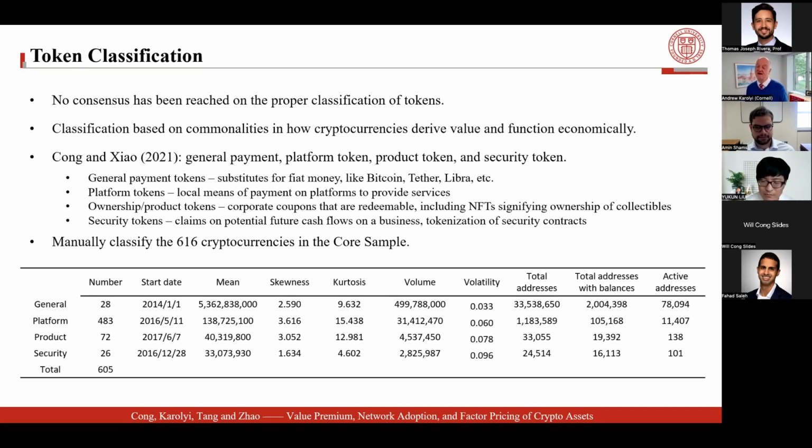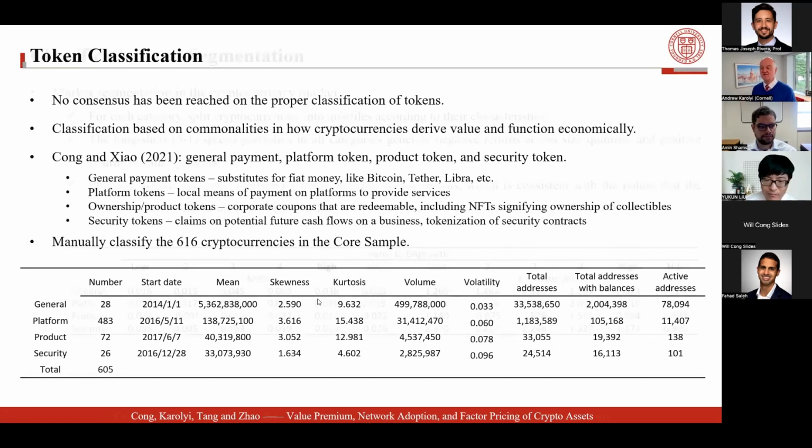And in that paper, they talk about product and security tokens as well that are slightly different. Clearly, you can see in the table here, ladies and gentlemen, that the platform subcategory represents by far the largest count of tokens. But we can debate and discuss the hand waviness about whether we've got the right categories. Should there be a fifth? Maybe there should only be 3. Maybe we should be combining these 2. We didn't do that. We basically said, okay, let's give Song and Xiao a good run for their money and let the data tell us.